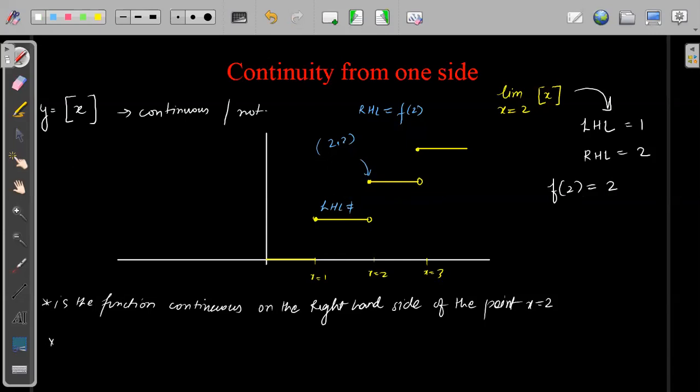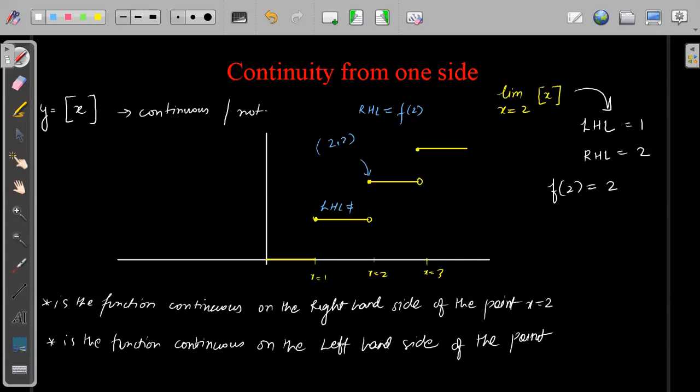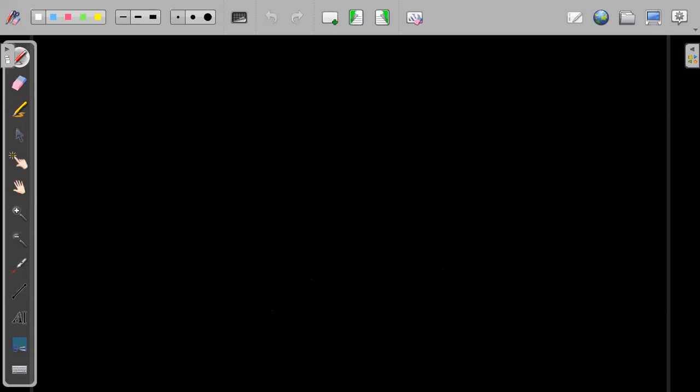So is the function continuous on the left hand side of the point x equals 2? No. So if I'm talking about a function being continuous at a point x equals a,